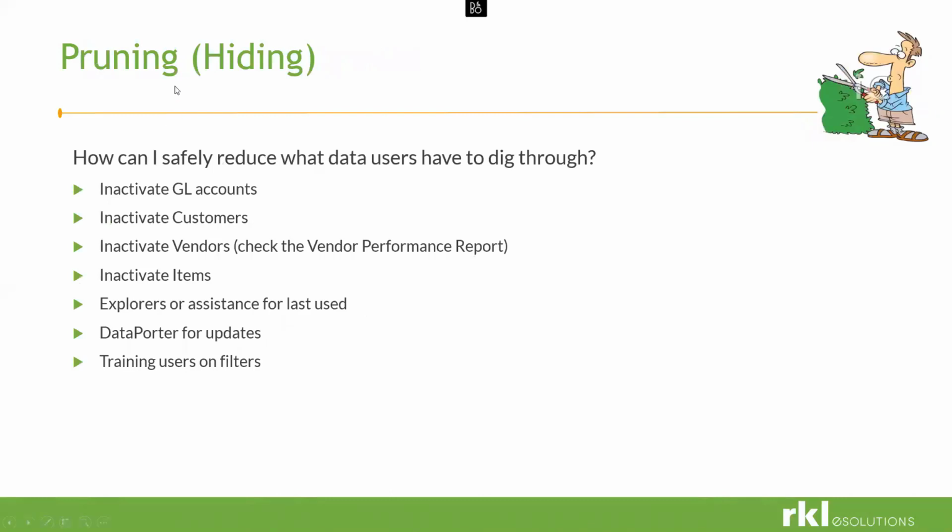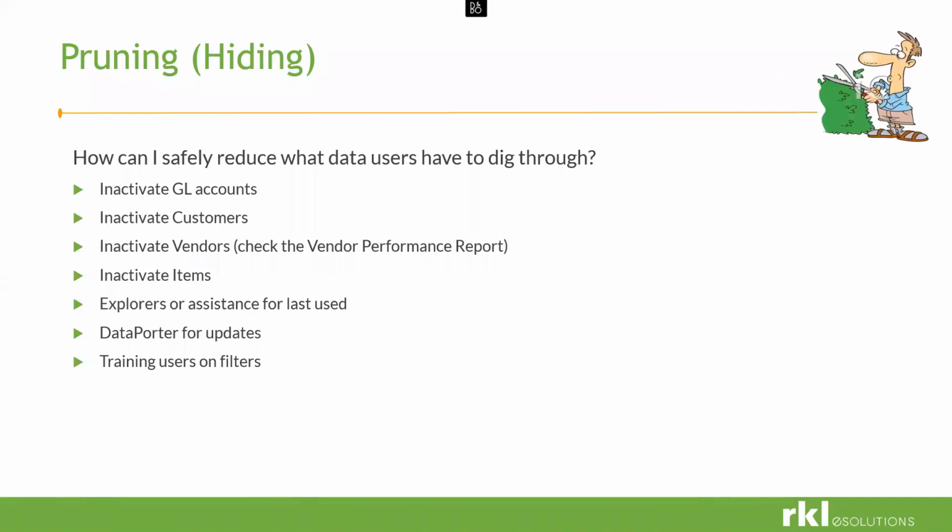Okay, so I'm going to talk a little bit about hiding data. I've seen this quite often going on site with customers or logging into their systems. They'll open up screens in Sage and there's just so much data. It takes a long time to load. It can get frustrating, especially when you're opening up the sales order screen and it loads to the max,